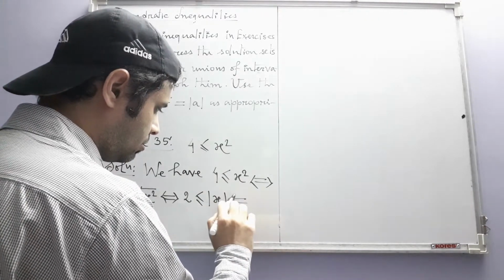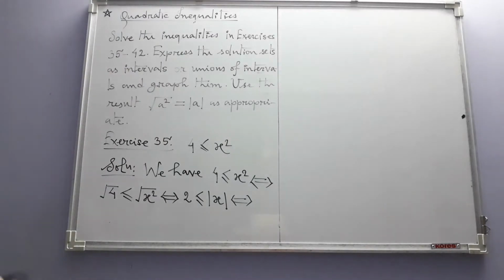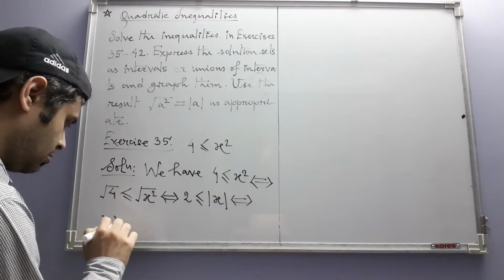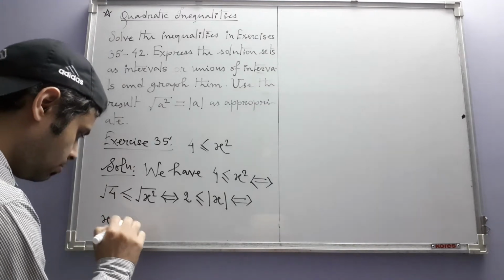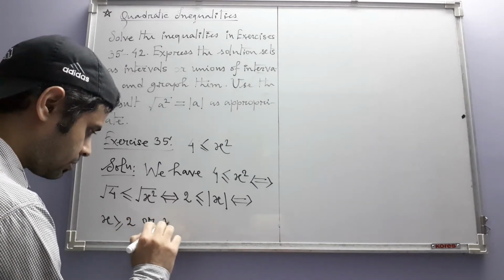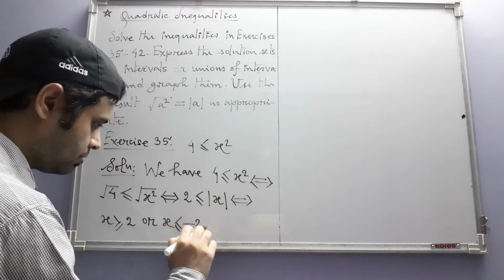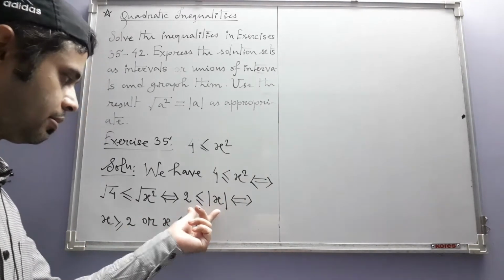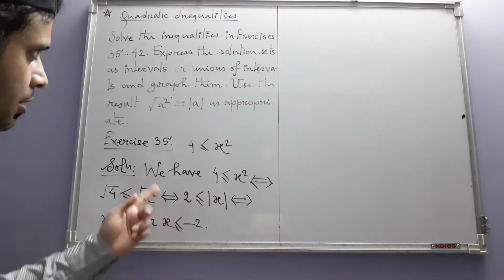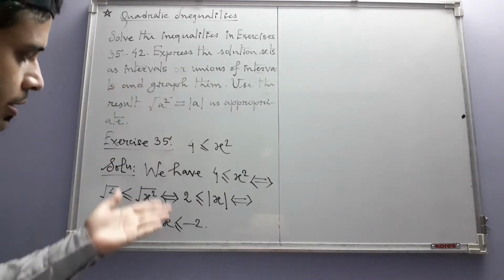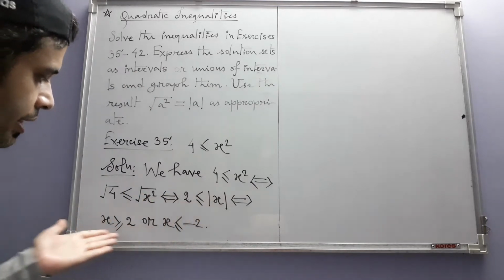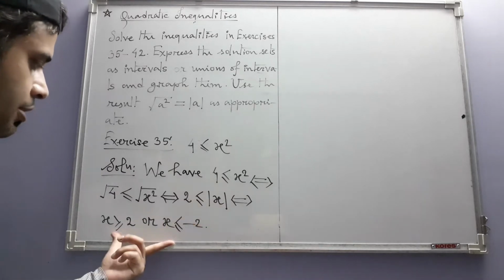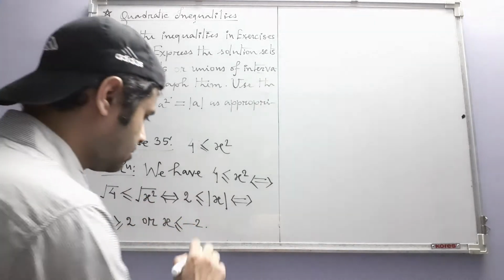And the last inequality is equivalent to this: x is greater than or equal to 2 or x is less than or equal to minus 2. For an explanation of how we wrote these final inequalities, you go back to previous exercises, and there you will see how we get these inequalities from this, and in fact they are equivalent. If this is true, then these two are true, and conversely. Hence,